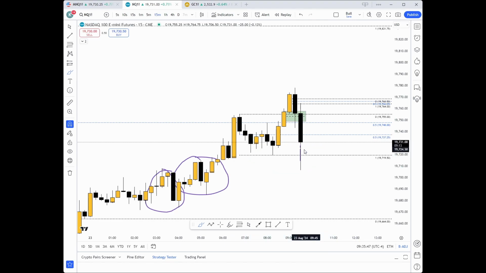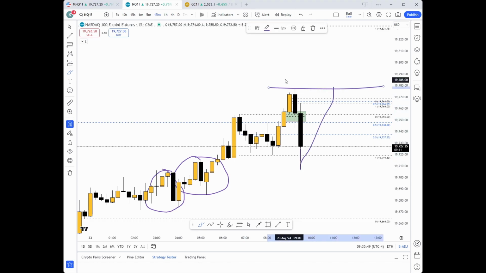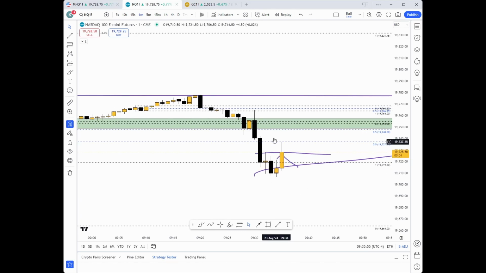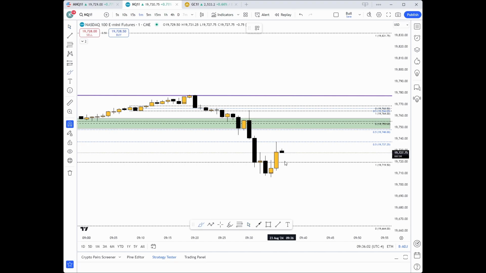But if we fail this protected low on the 15, then it takes us higher. But for us to do that, we need a little bit more confirmation than this, right? So we need the market to attempt to sell off and fail. And if it just goes like this, well,